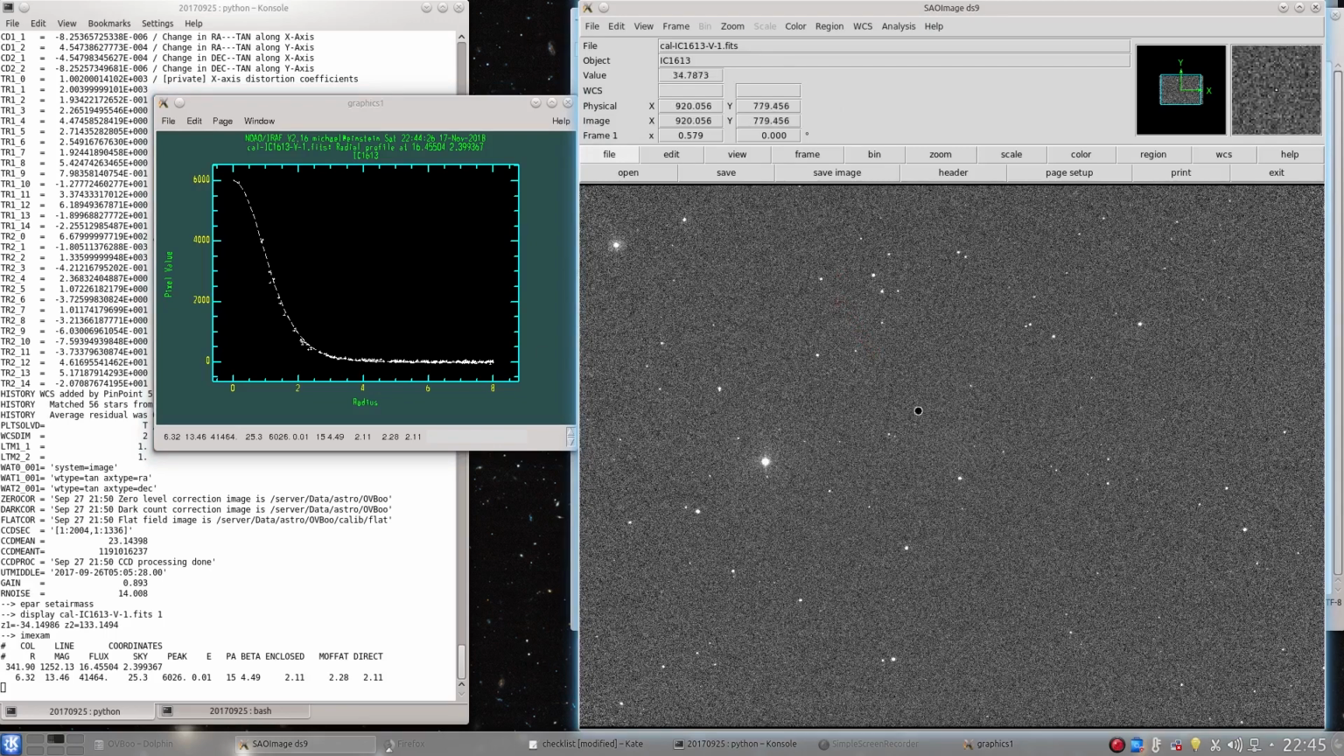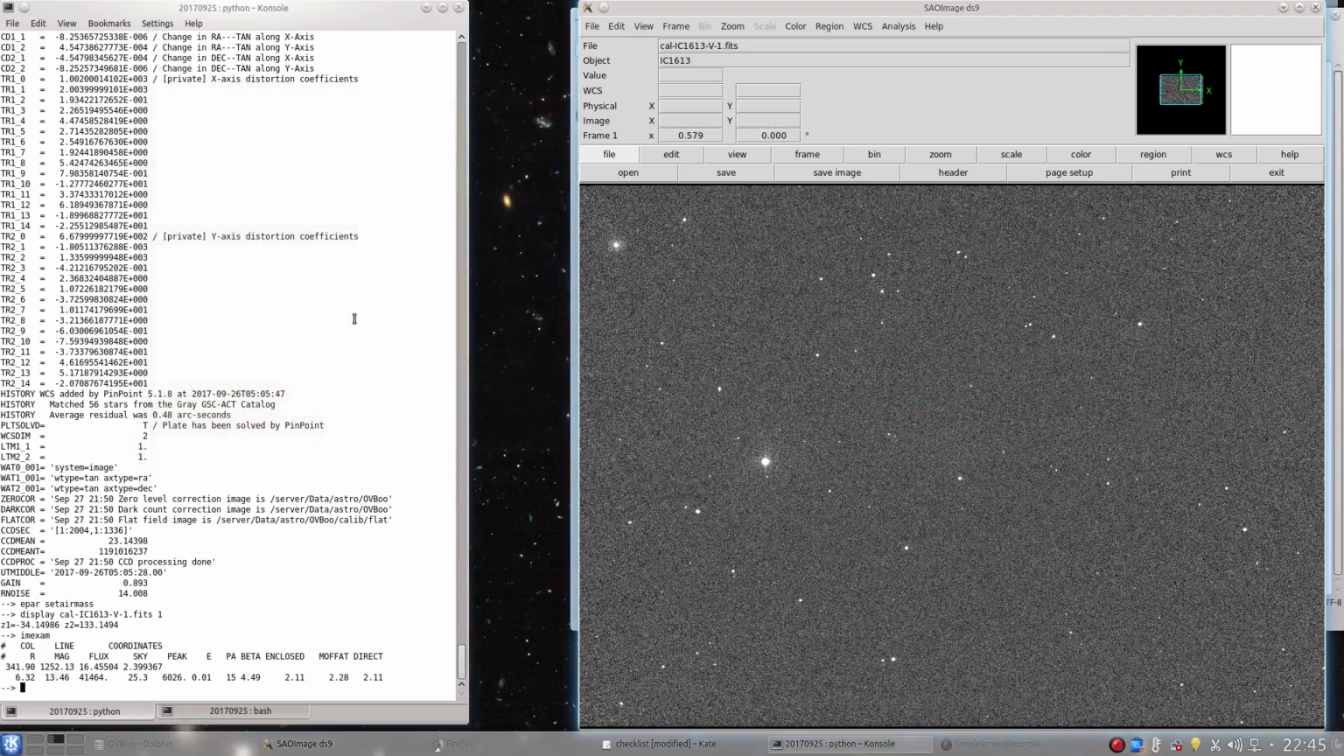Now you have done that, you can say Q for quit, you get your command line, and you can close this. So this is basically how you get the numbers that you need